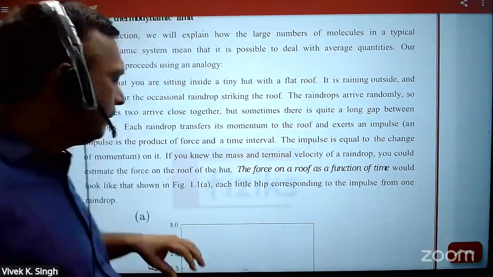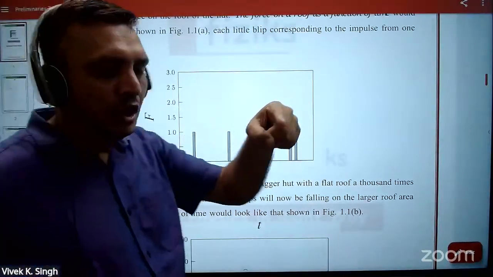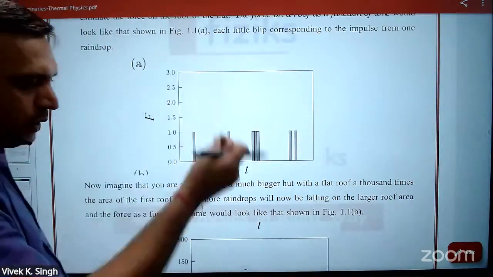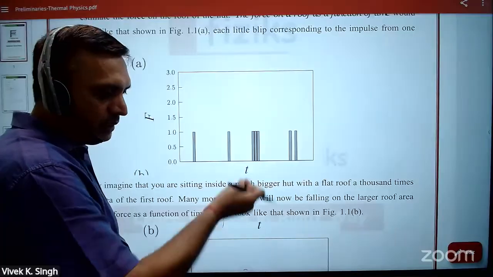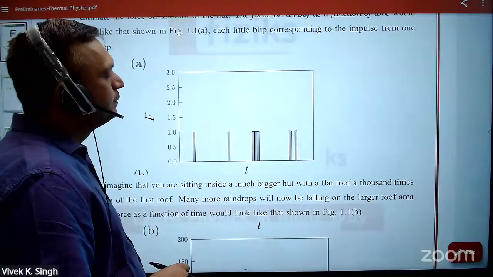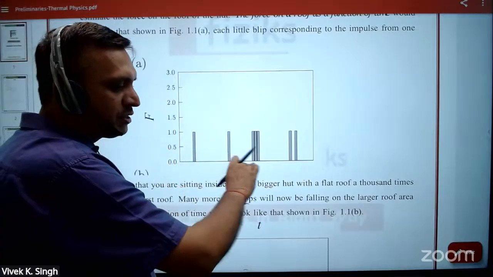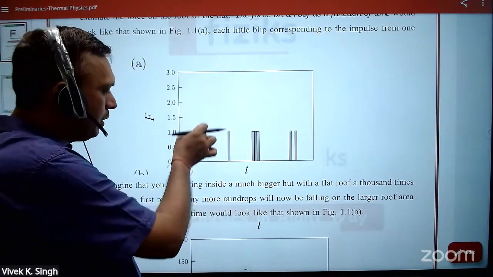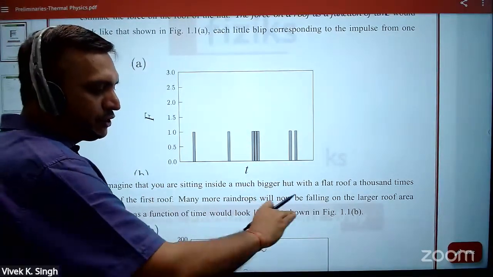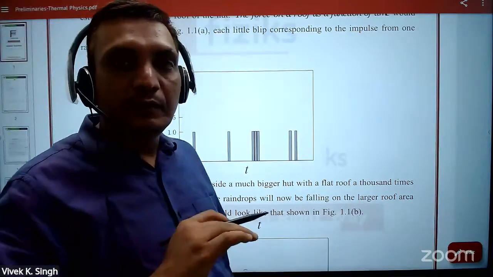Just see, if the hut is very small, few raindrops will strike the surface of the roof. Yes or no? When I assume the roof is very small, occasionally a raindrop will collide with the surface of the roof. Yes or no? And when they collide, they will transfer momentum,